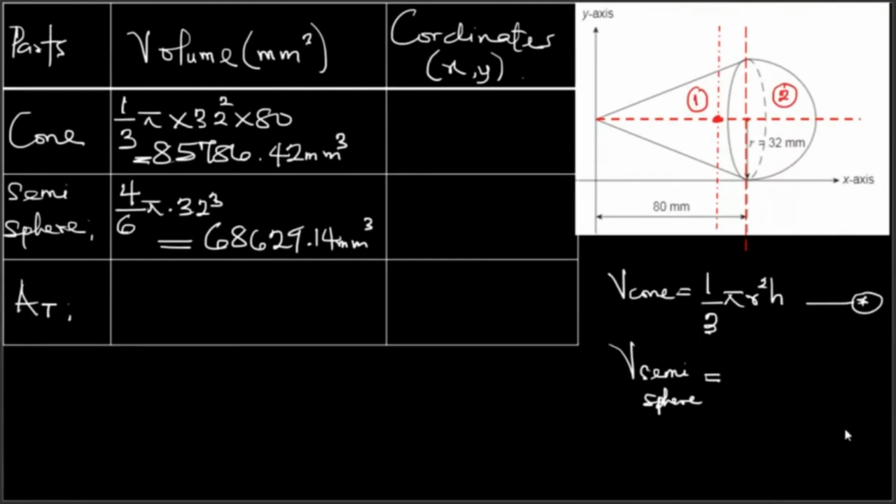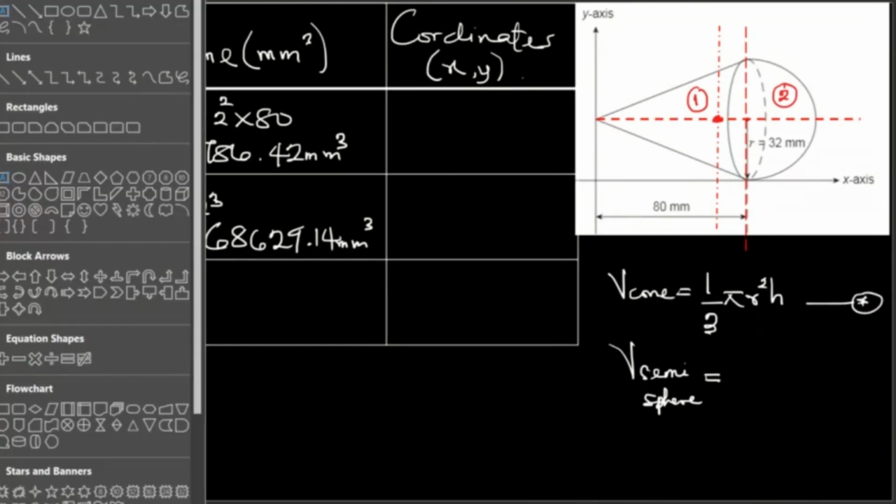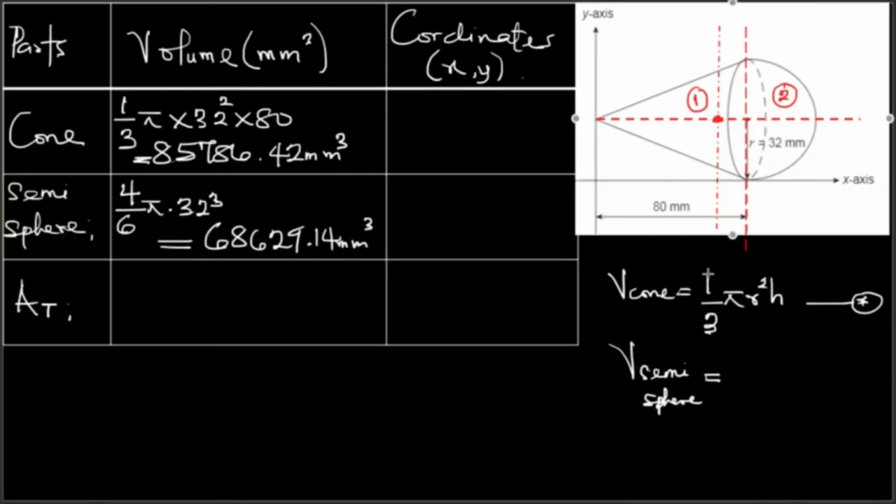Now, for the cone, I want to determine the distance between this point and this point. You see, because the CG of the cone is there, I want to determine that distance. So I have to subtract 80 from something. So this distance here,